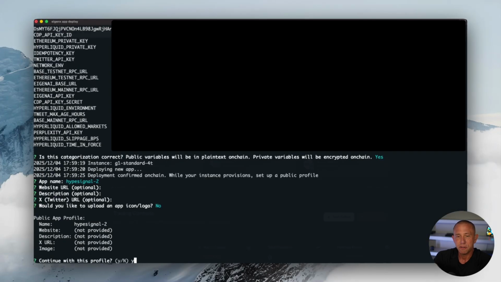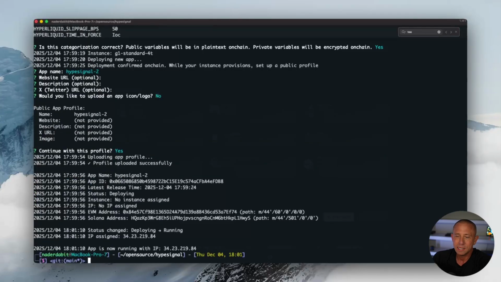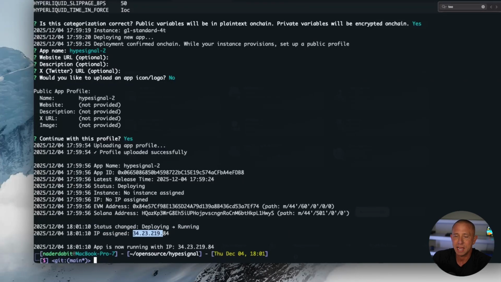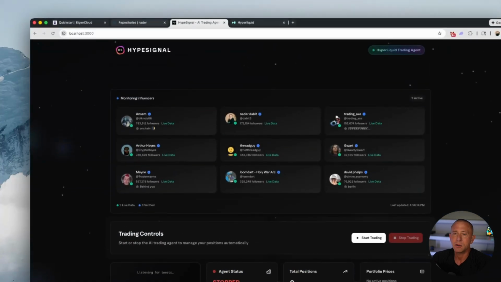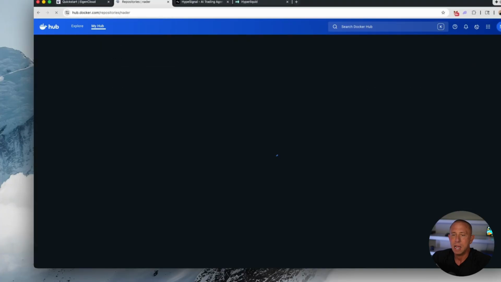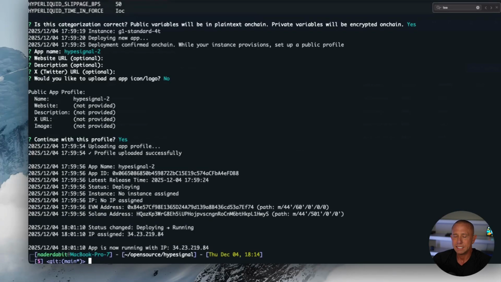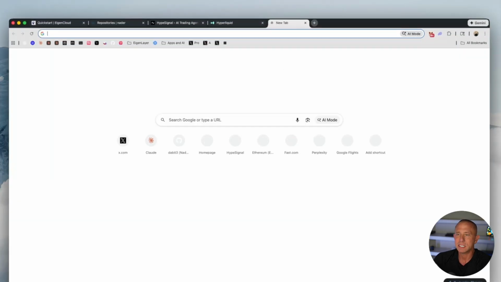It will prompt us for a few options like the app name, URL, description, X handle, and if we would like to upload an app icon or logo, and then we can confirm with yes or no. Once the deployment is successful, we'll see this status change message, as well as be assigned an IP address, which we can then test out and see if it works. We can also go to Docker Hub here, and if I refresh, I should see that I have my HypeSignal repository here. To test it out, we will go ahead and copy our IP address, and we will visit this IP address